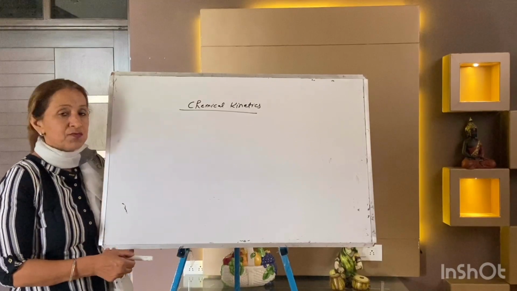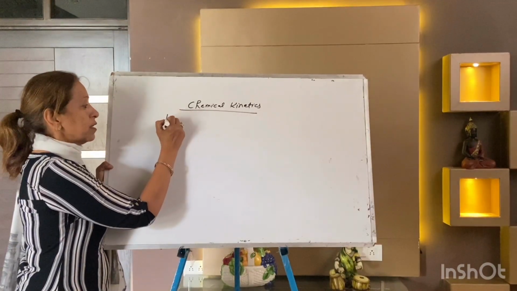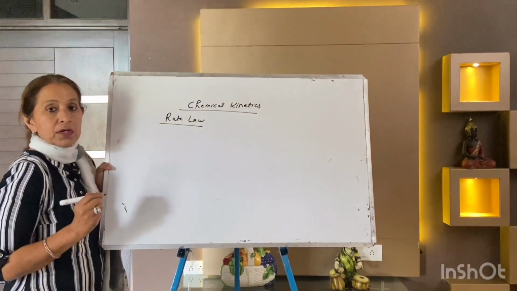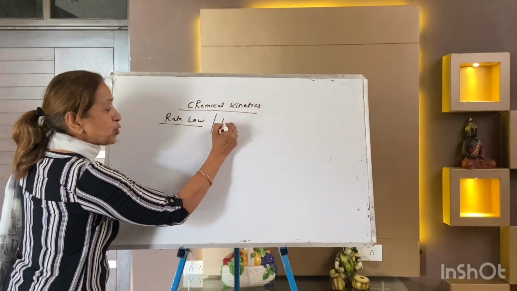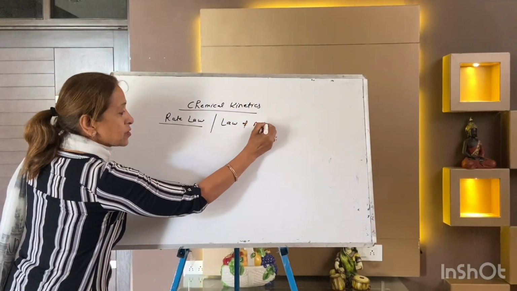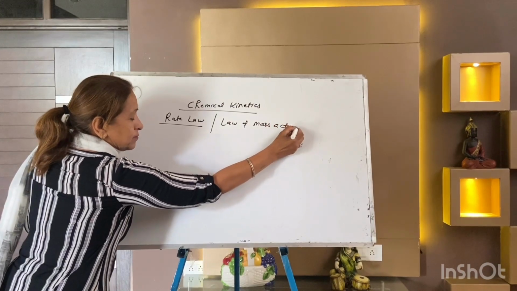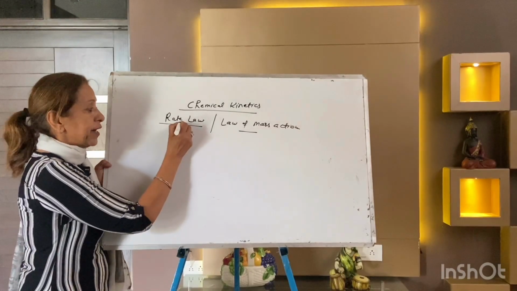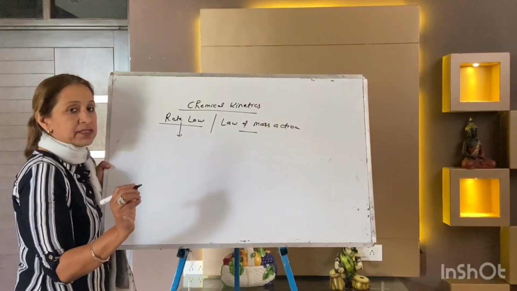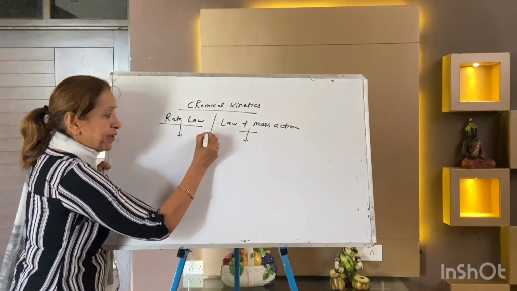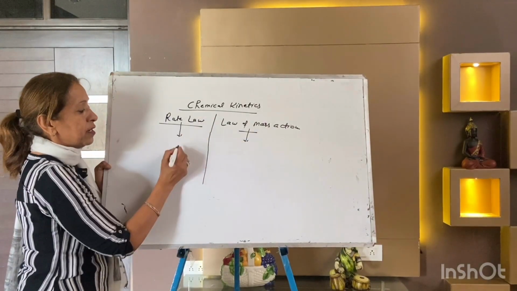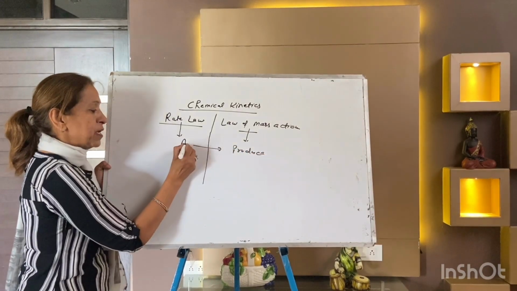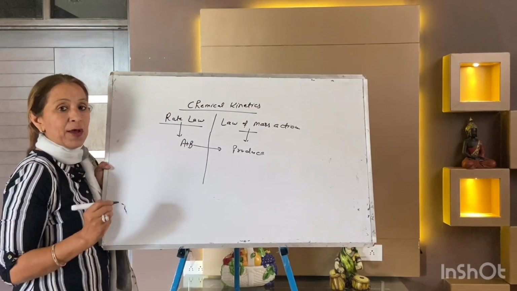Now today's topic is very interesting, it is the second topic, rate law. Your rate law almost matches the law of mass action that you studied in class 11th. So I will take both of the laws parallelly. Now I am taking rate law first. According to rate law, the statement is almost the same. I am taking a common reaction. You can write the reaction as A plus B arrow product.